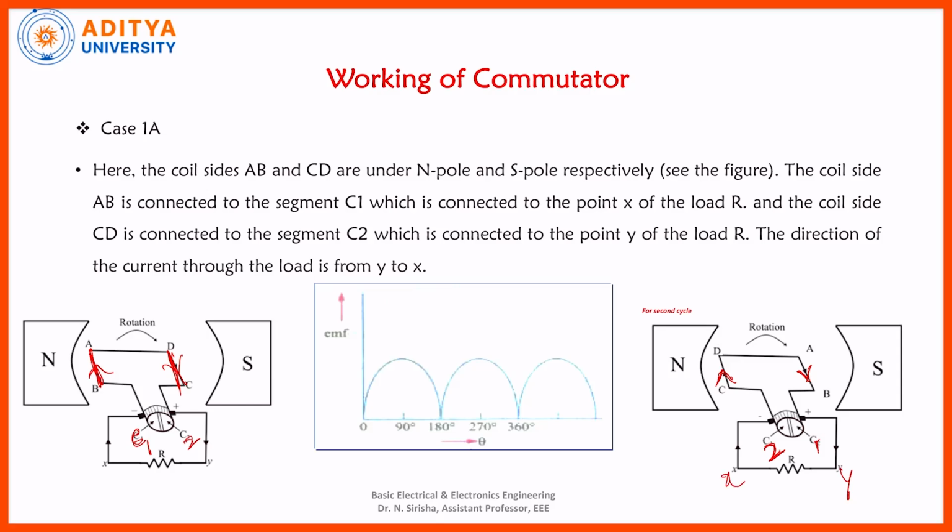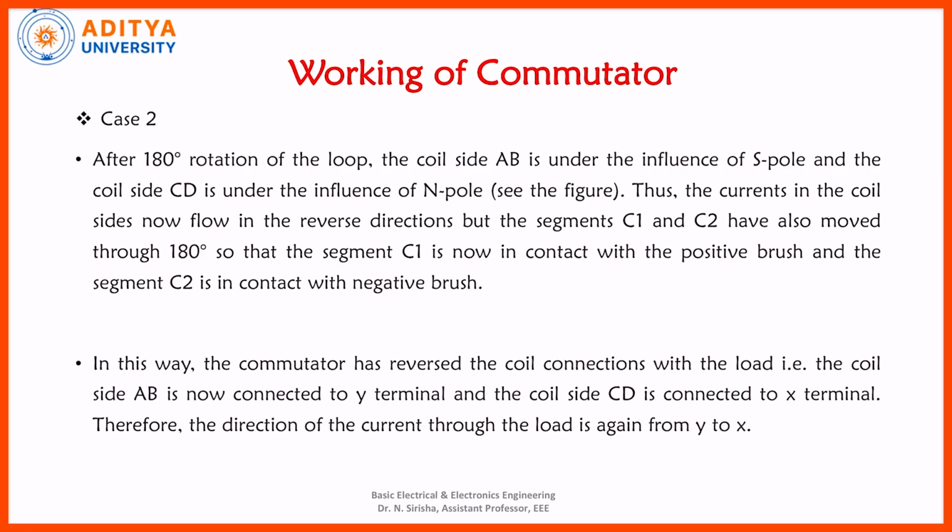When the EMF generated is reversed in the rectangular coil, the commutator segments also get reversed and the supply will be unidirectional, and the current will be flowing from the positive terminal through Y, X to the negative terminal. Here the supply will be unidirectional with the help of these commutator segments. So this commutator converts AC to DC inside the DC generator.